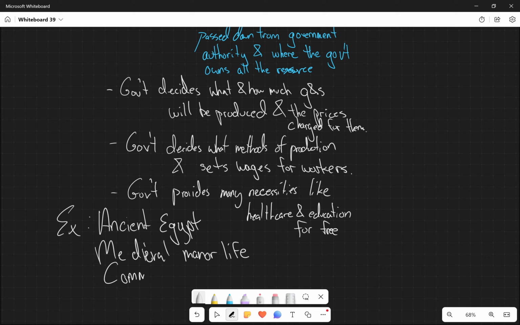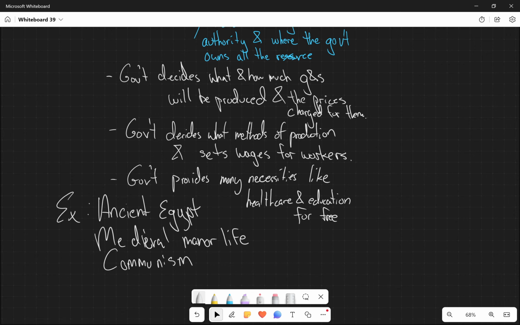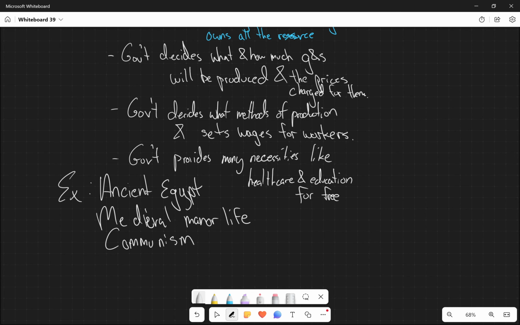Communism, not socialism. They're different. Communism is a command system. Socialism is different. And so currently, the two biggest command economies that we see, right, are Cuba and North Korea. I mean, I would argue Russia as well these days, but